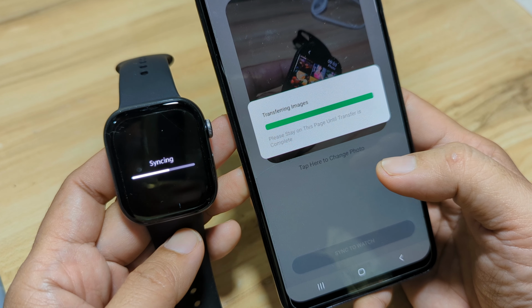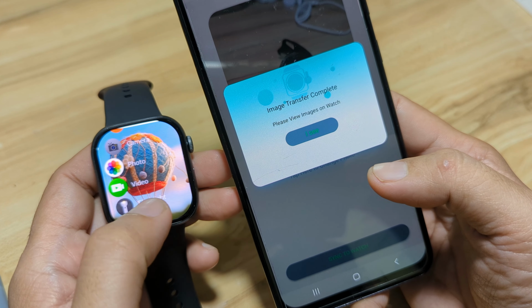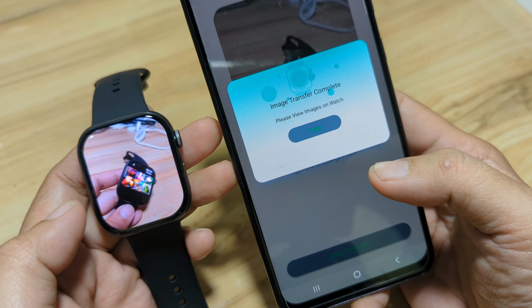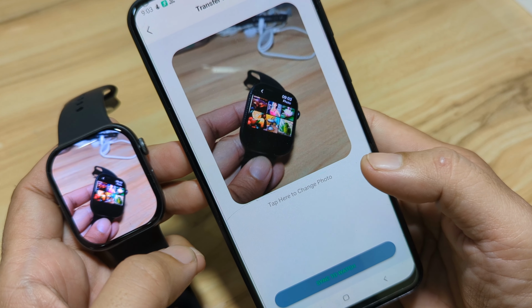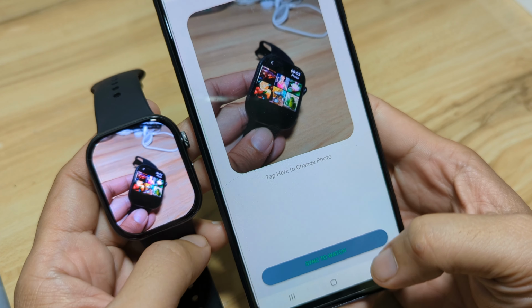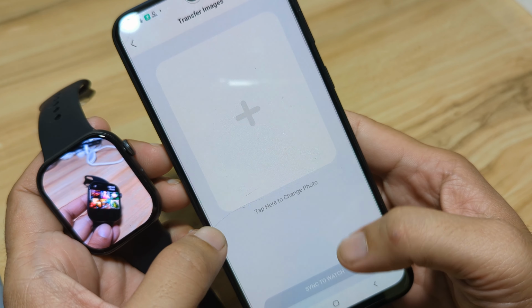As you can see here, it's now transferring the photo. And we have here the photo. Very good. As you can see, the uploading of the photo is very fast. No issue at all.